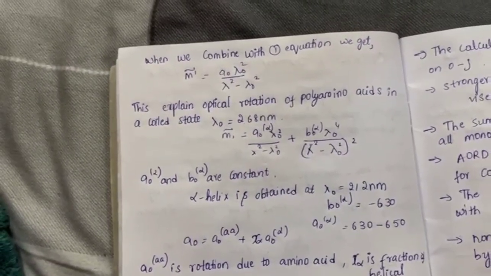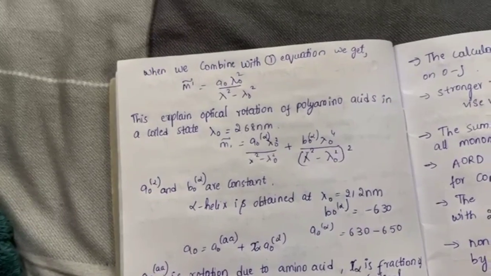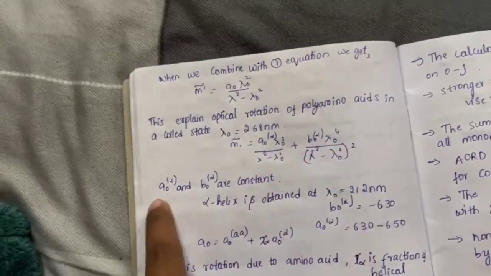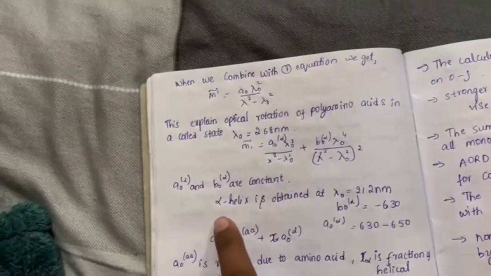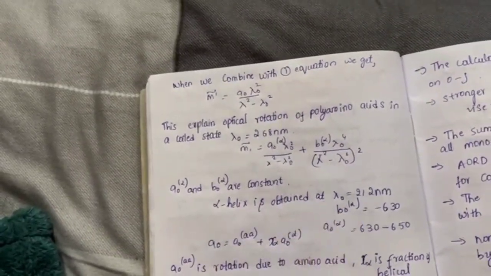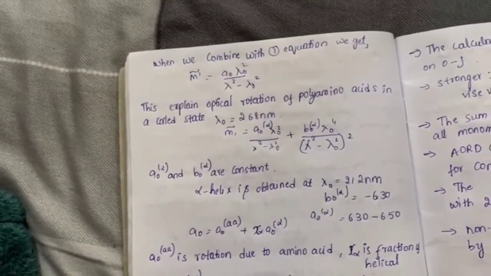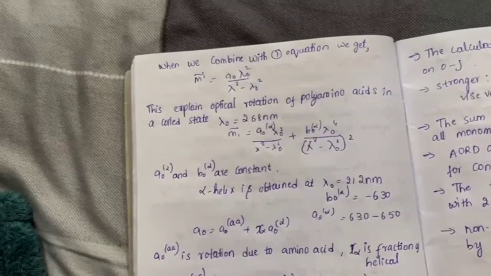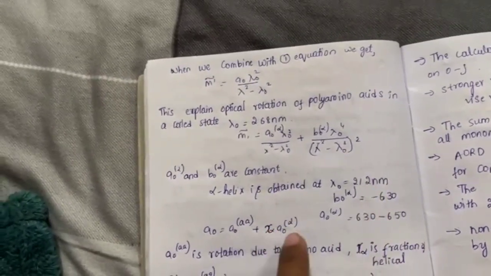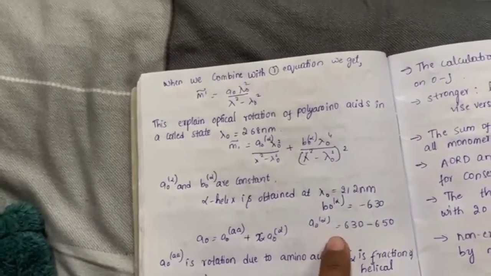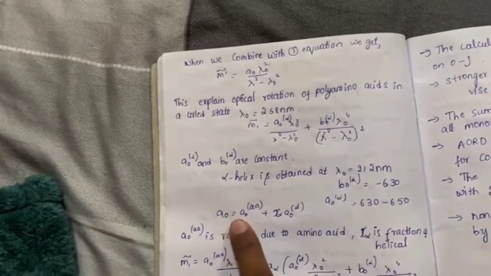This explains the optical rotation of polyamino acids in a colloid state. So we get this equation, where A naught alpha and B naught alpha are constants. The alpha helix is obtained at lambda naught equal to 212 nanometer. B naught alpha is equal to minus 630. When we separate this, we get this value of alpha naught,